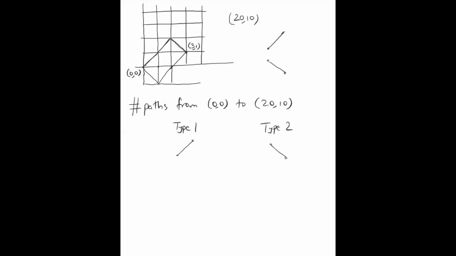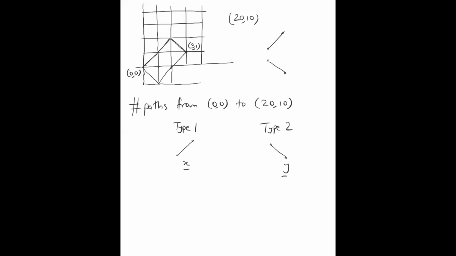There will be X steps of type 1 and Y steps of type 2. The order in which that person takes those steps, we don't really know now. What we just know is the number, that's X and Y. Now, type 1 and type 2 movements, the one thing they do have in common is that both of them take the person 1 unit to the right.